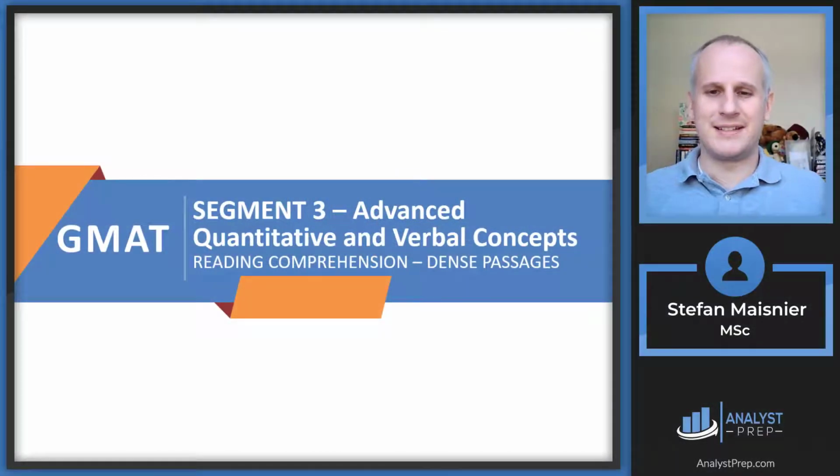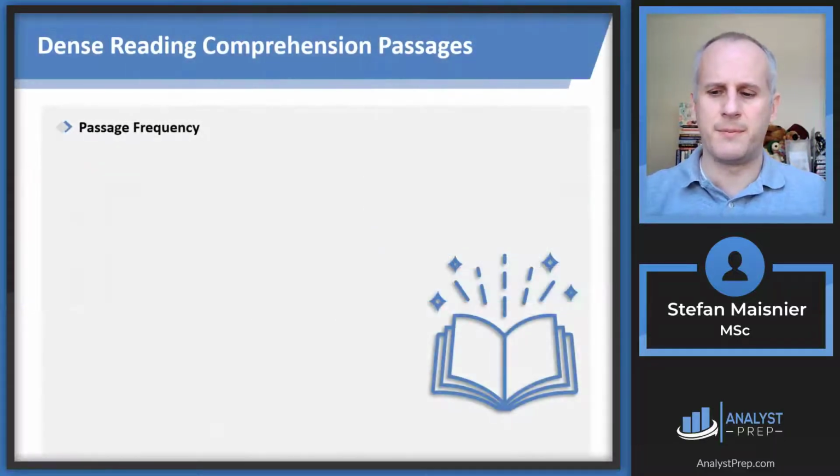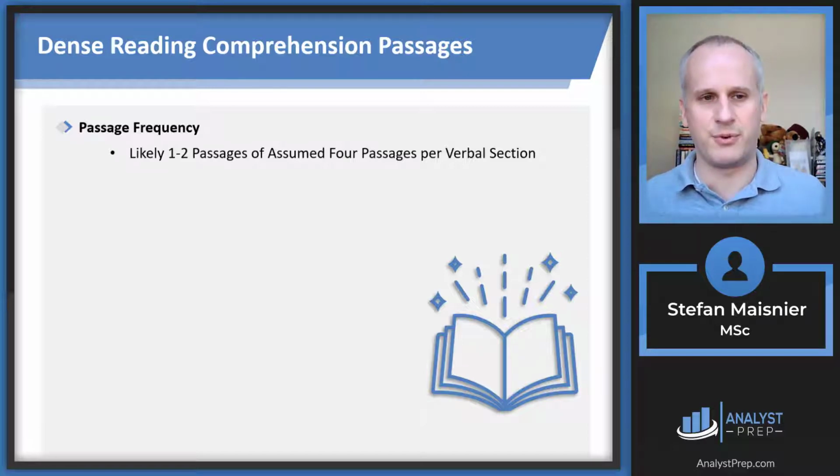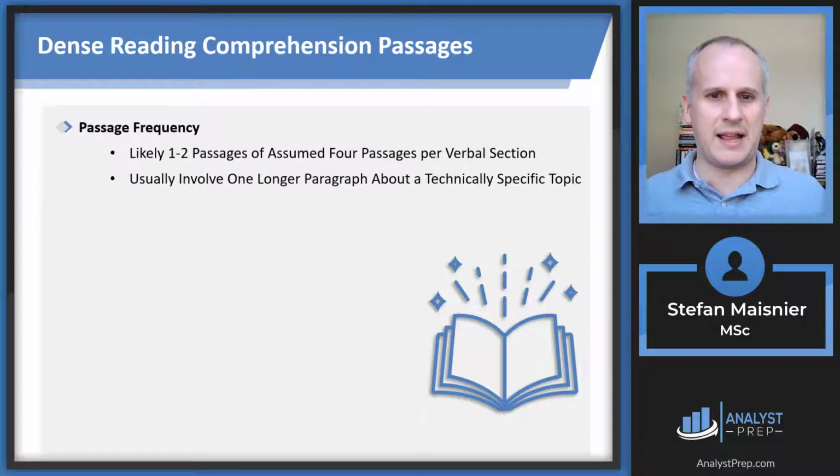Welcome to this lesson on one of most GMAT test takers' least favorite content areas for the verbal, denser reading comprehension passages. So first, just how frequently you'll see these types of questions. You're generally going to want to assume that 1 to 2 of the 4 assumed passages per verbal section are going to be this denser reading comprehension, where you basically are going to have a single